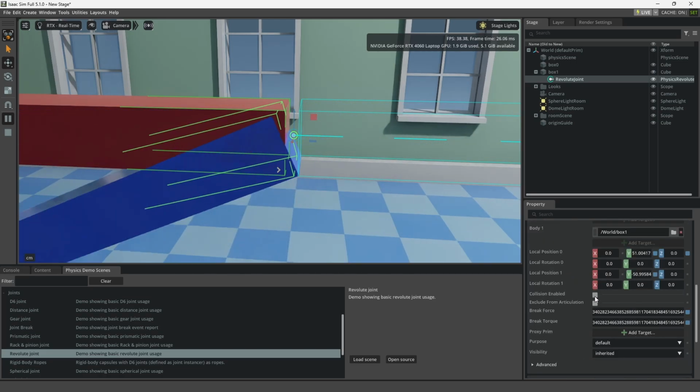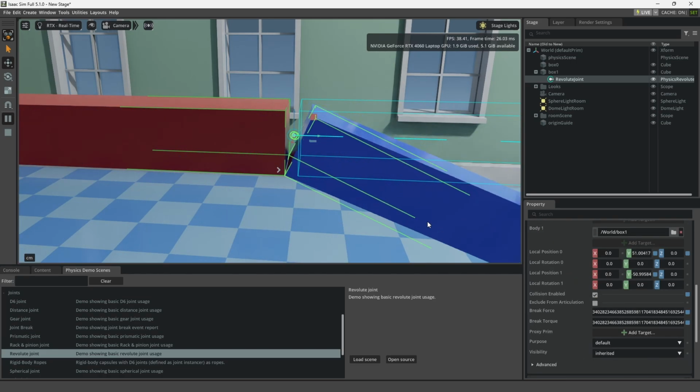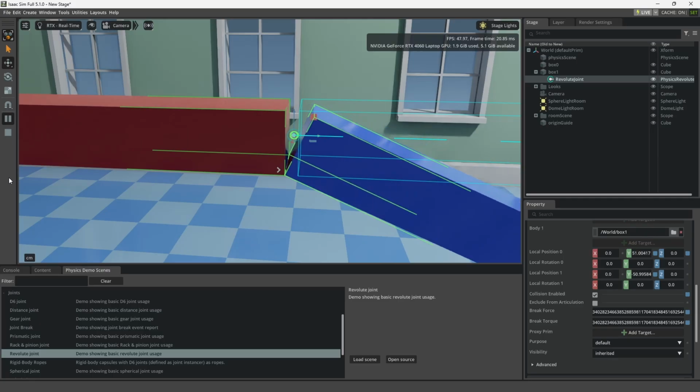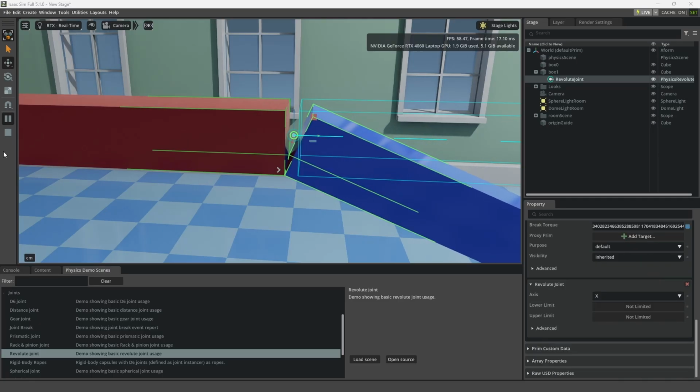The only thing I like is having the collision enabled so that when it hits, it bounces. And that's where you see that stress on the joint. And this is just from gravity, no drive whatsoever. Since we kind of want to recreate the original example, let's go ahead and add a drive by right-clicking on